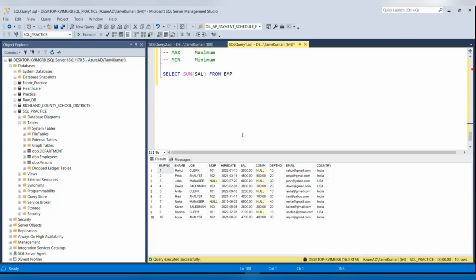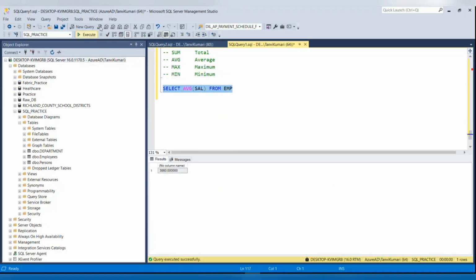So what we'll do, instead of sum, we'll use average. And what it will do, it will give us the average of the complete salary, which is 3,860. Similarly, if you want to see max salary, instead of average, you just write down max, min, or if you want to count the rows,